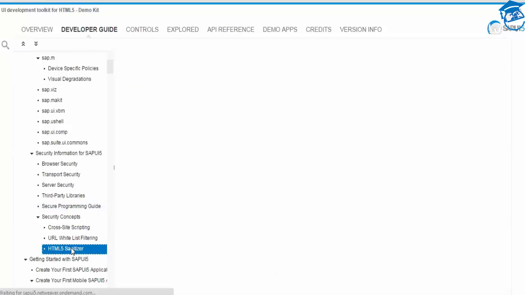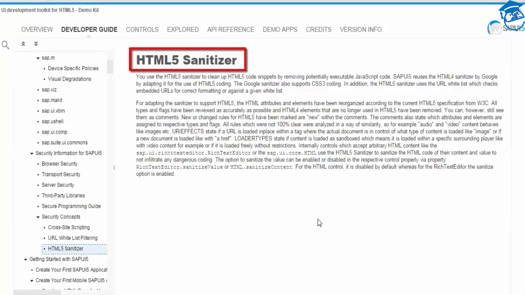And the last one is HTML sanitizer. So whenever we use this, you have to make sure that there are a lot of differences between HTML4 and HTML5. So what HTML5 sanitizer does is it will remove all the unpotential snippets. So as a developer, what you have to make sure is that whenever you are using HTML5